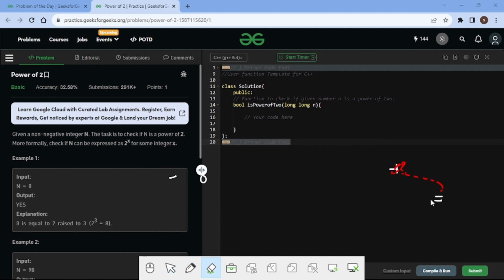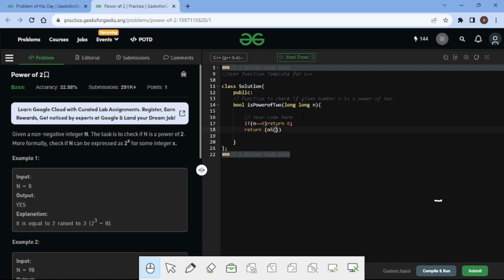So let us implement. We know that if the number is 0, there is nothing to do. So we check if n equals 0, then simply return false, because 0 cannot be represented as 2 to the power of any number. Then we check n AND n minus 1.